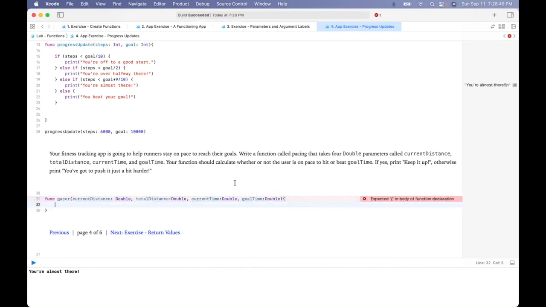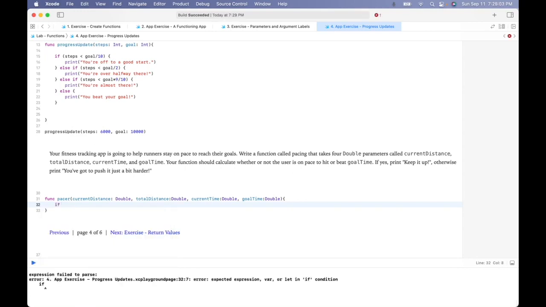Okay, and your function should calculate whether or not the user is on pace to hit or beat goal time. So to do that, we would essentially have to figure out what pace they should be, and whether they're on or above the pace or below the pace. So firstly, if the pace they're on is equal to or greater than the pace they should be on. To calculate the pace they should be on, it would be total distance divided by goal. So total distance,